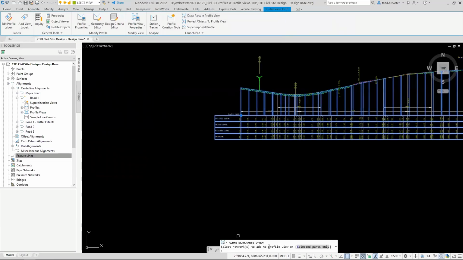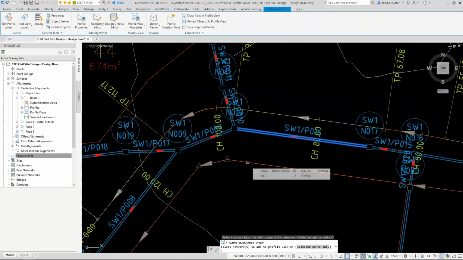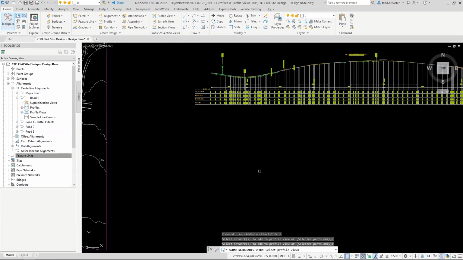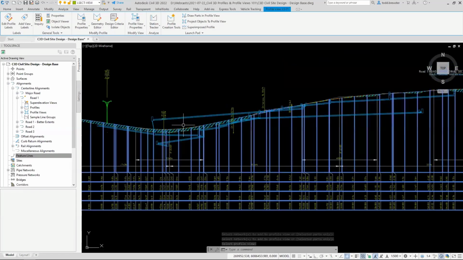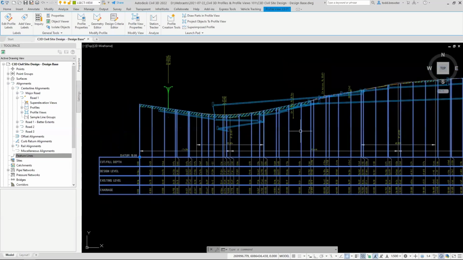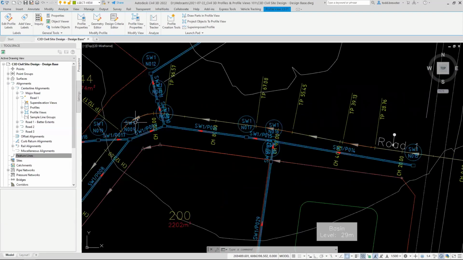And then it'll say, what network do you want to project? And I just pick anything on the network. And then I click enter, and it'll pick up the entire network. And then I press enter again if I want to deselect. And then if I want to pick others, I go pick the profile view. And it will show every pipe and pit in my profile view, which is not necessarily what I want, because some of these are coming from sections over here for a profile over here. I could have picked individual parts,